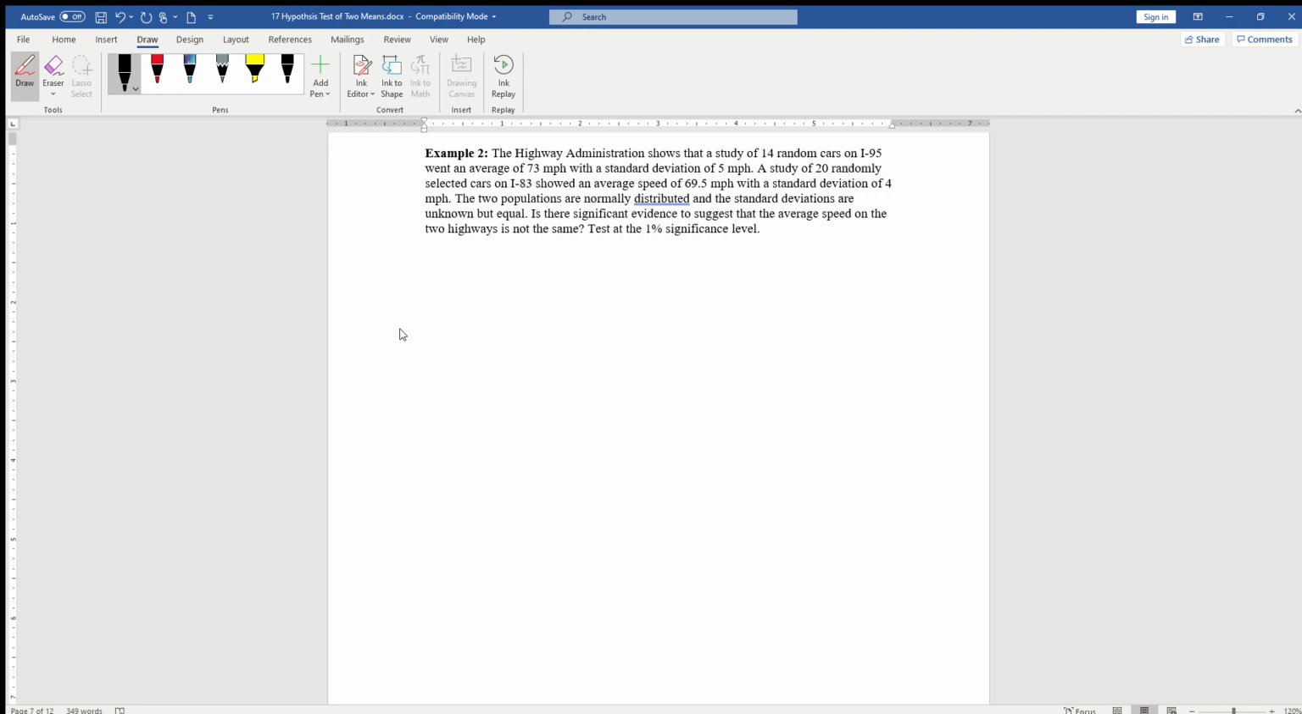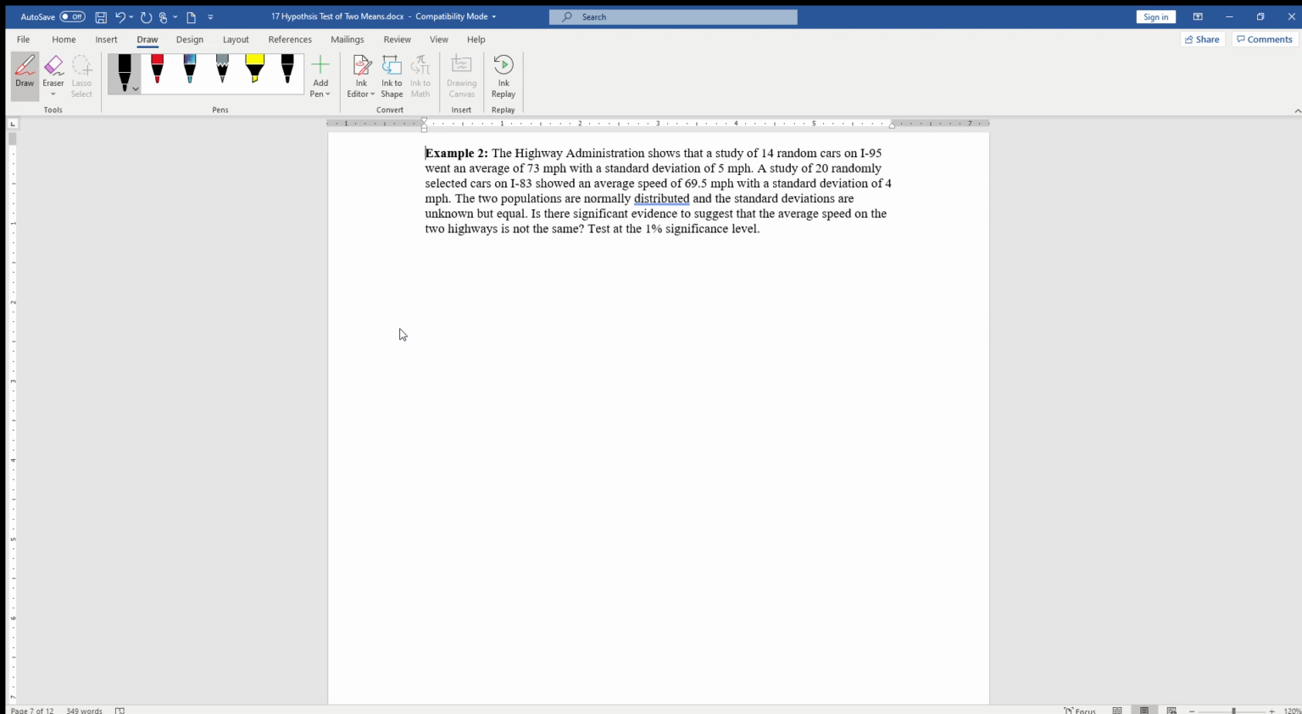So hopefully you worked through this example prior to looking at the video, and we can see whether you were correct with it or if you made any errors. The Highway Administration shows that in a study of 14 random cars on I-95, they had an average speed of 73 miles per hour, standard deviation of 5. We had a study of 20 randomly selected cars on I-83, showing an average speed of 69.5 miles per hour,